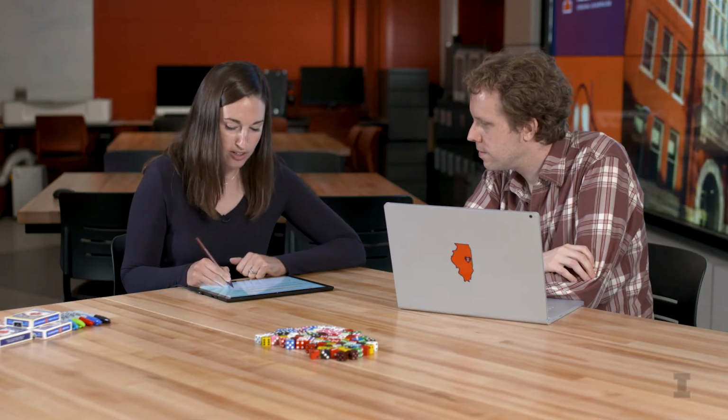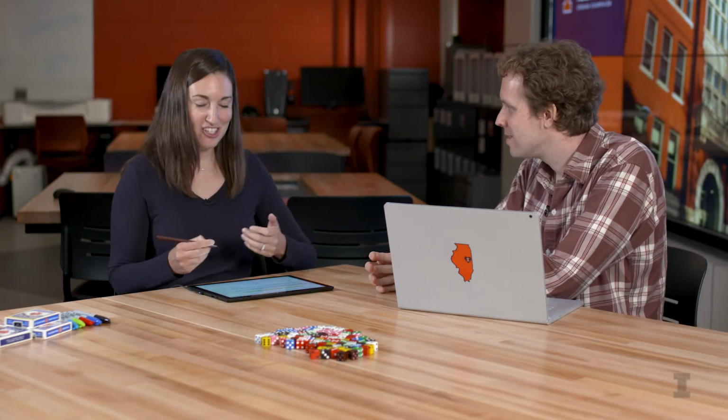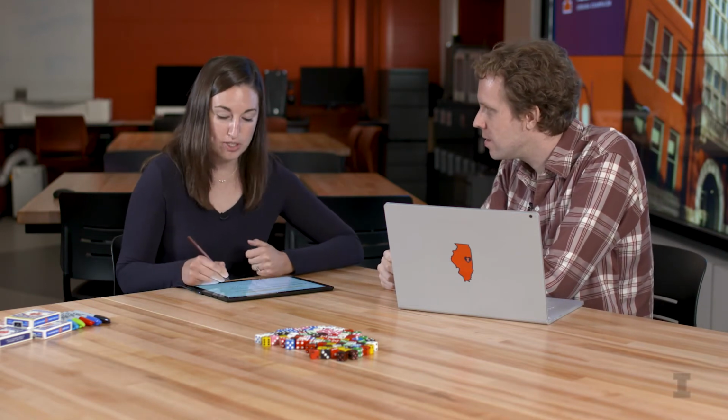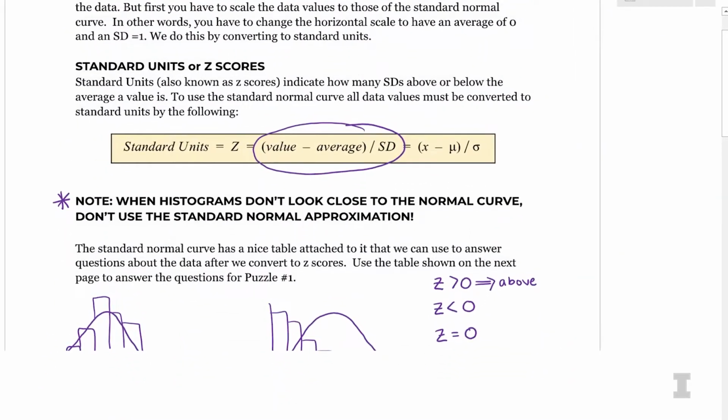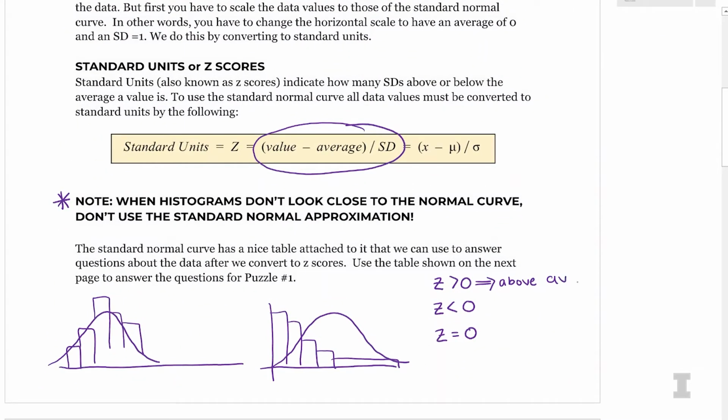So Wade, if you have a positive z-score, what does that mean? So from my understanding, it's going to be everything that is above the median value. Yes, exactly. A lot of times we like to say if your z-score is positive, you are above average, or in this case, above the median, because the average and the median are the same. They're both 0. So you are above average if your z-score is positive.